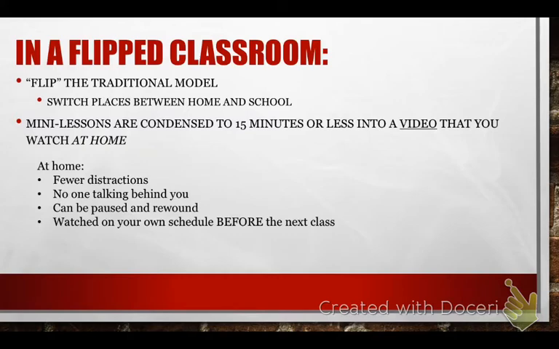And then they're watched on your own schedule. Just make sure they're watched before the class period, because if they're not watched before, then this is not going to work, okay? So they have to be watched before the next class period, by midnight before the next class period,